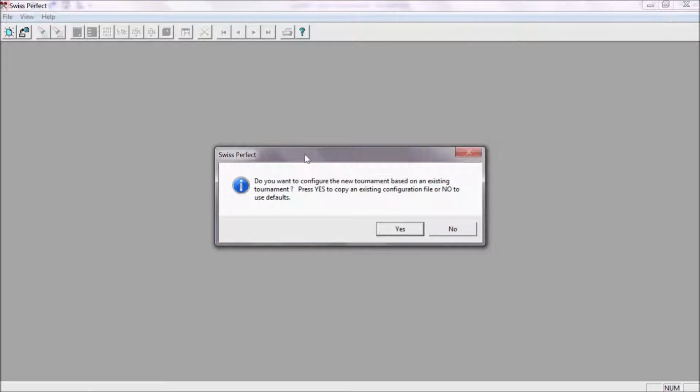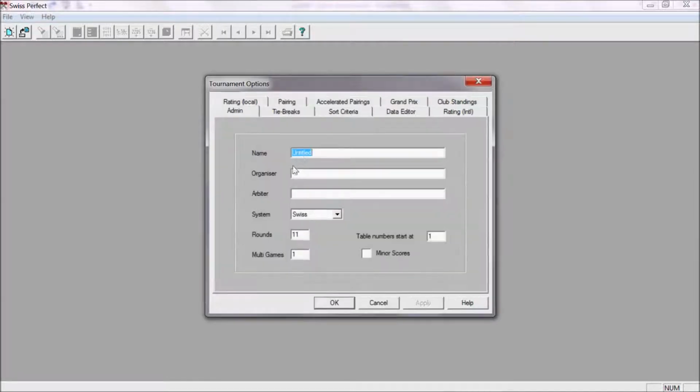You have to press no. You can also press yes if you have already organized tournaments, because it will copy data from the tournament which you have done. So as this is your first tournament, you have to click no from here.